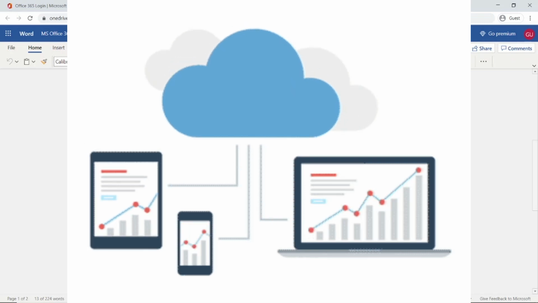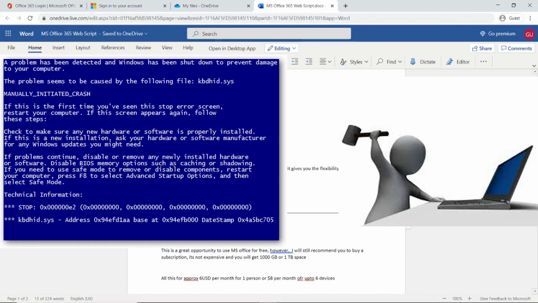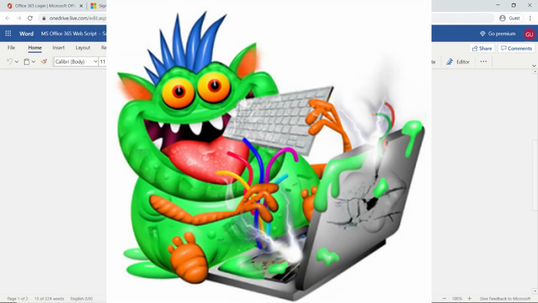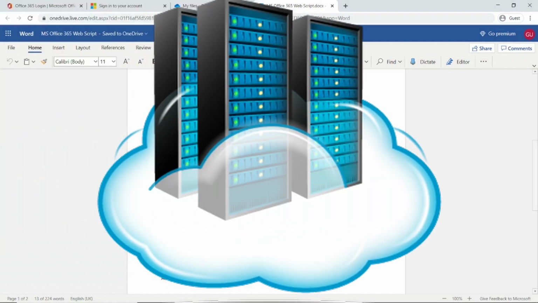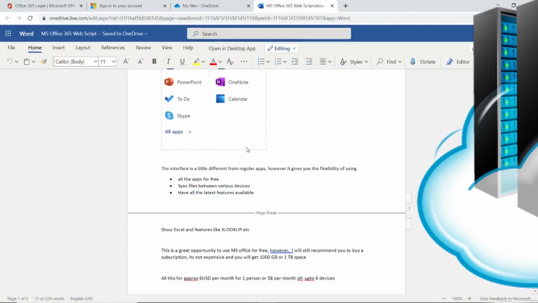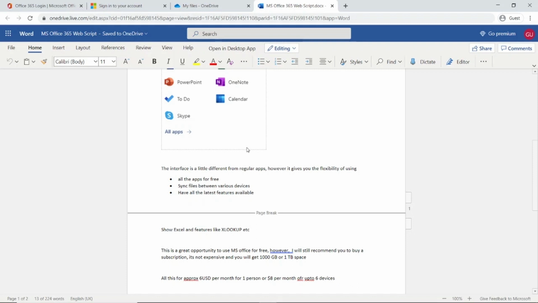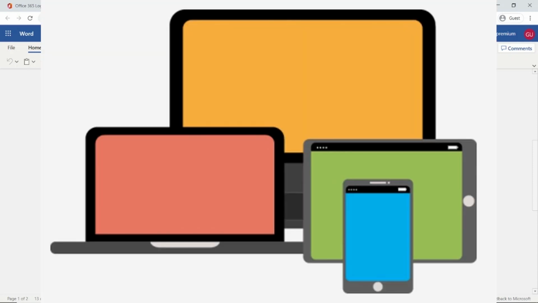All your data is on the cloud, which means if your computer goes bad, your hard disk crashes, or there's a virus in your computer, you don't need to worry at all, because all your documents, all your Excel sheets are stored in the cloud on Microsoft server. So that is safe. The other benefit is when you start using this, you don't need to have your laptop or your computer with you to use the files, because all your data is on the web.